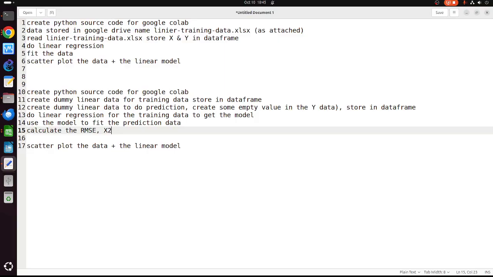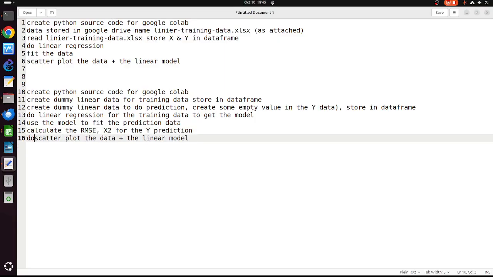I asked to predict the Y prediction. Now do a scatter plot of the data and the linear model.